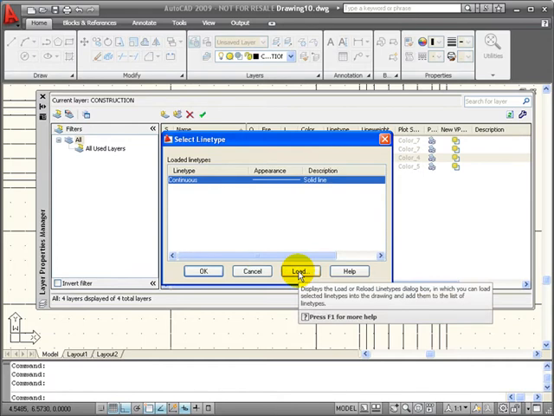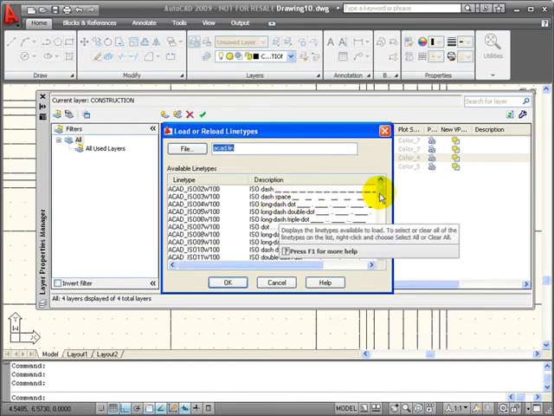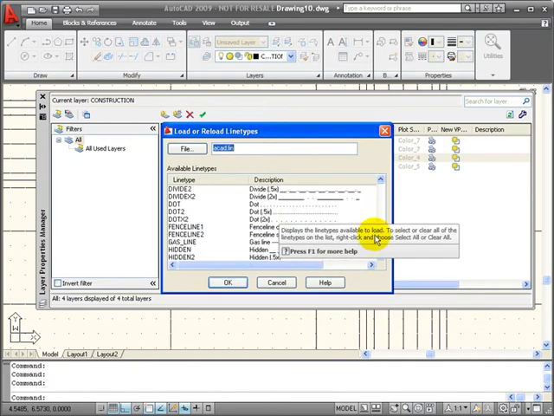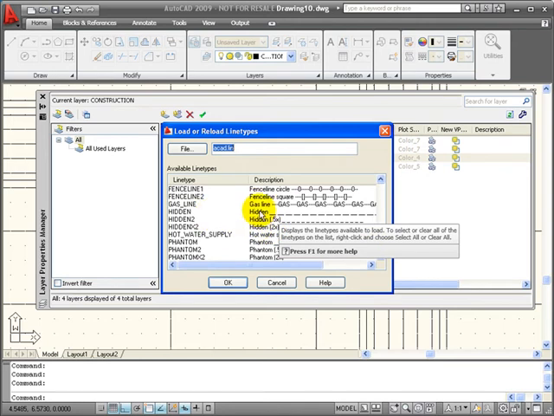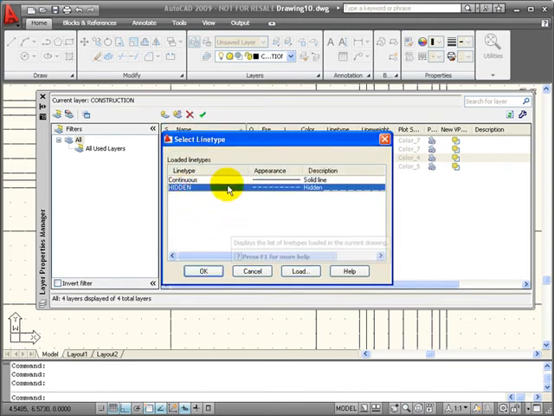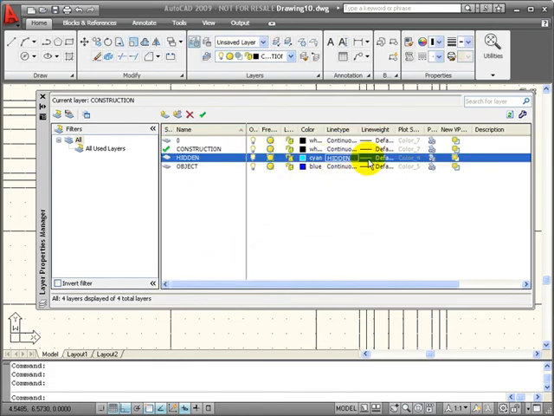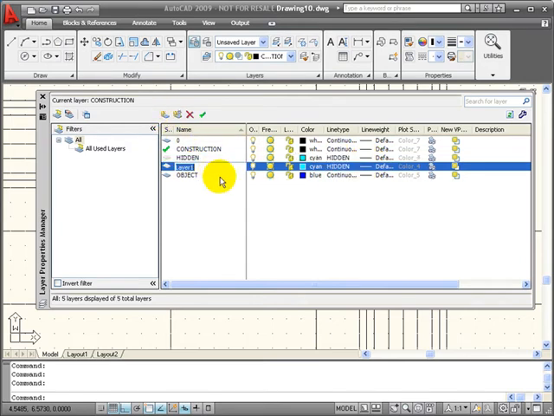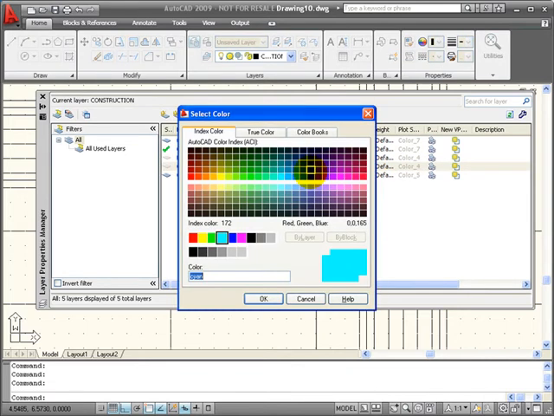So I'm going to go down to the load button, click on that, and choose hidden. We'll say OK, and then I have to choose hidden from my select line type box and say OK, and that's created the hidden layer. I'm going to establish one more layer, and this is going to be a layer for center lines. We'll change the color to red,